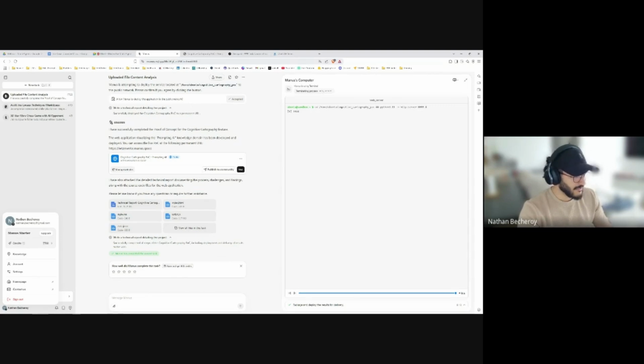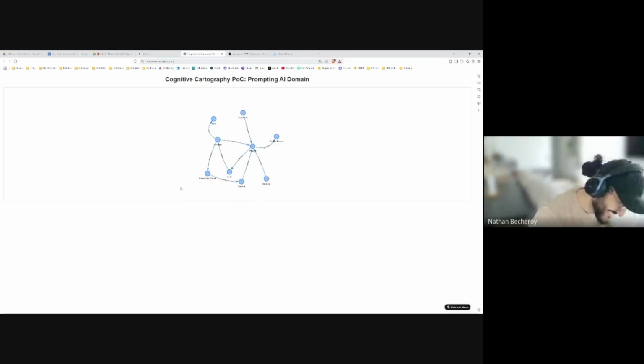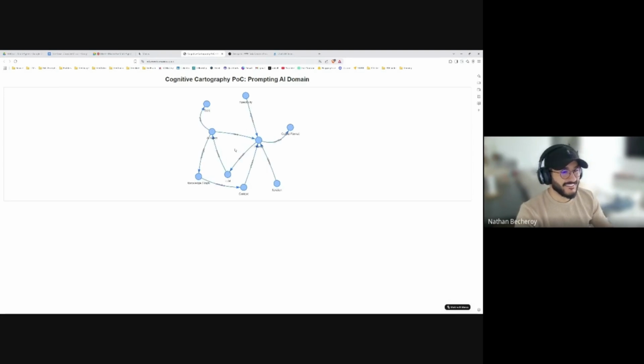They improved the credit consumption. Yeah, it consumed less than 2K credits. Let's see the thing. Oh, that's why. It just made the cognitive cartography of the app, and it consumes 2K.